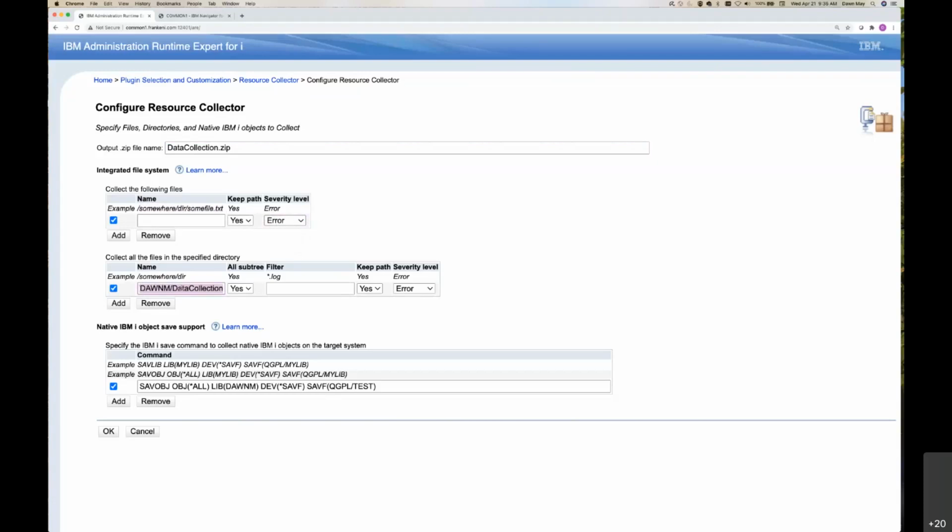I'm going to say, let's collect all the data in this directory. I'm going to include all the subtrees. So if there's subdirectories in there, I'm going to pull that all in. I could filter. Let's say I only wanted log files. So you could add a way to filter in here so you only pull back the specific file names in that directory. And again, like keeping your path and the severity level. And then when this resource collector runs, the files that are in this directory will be put into this zip